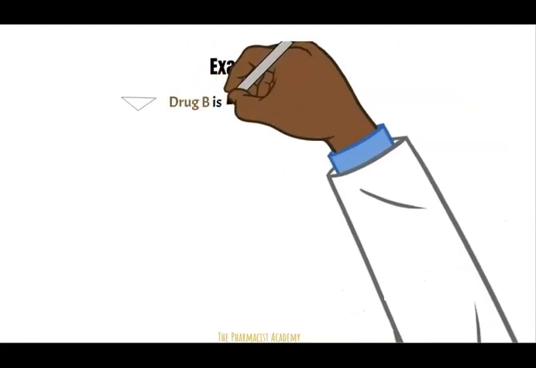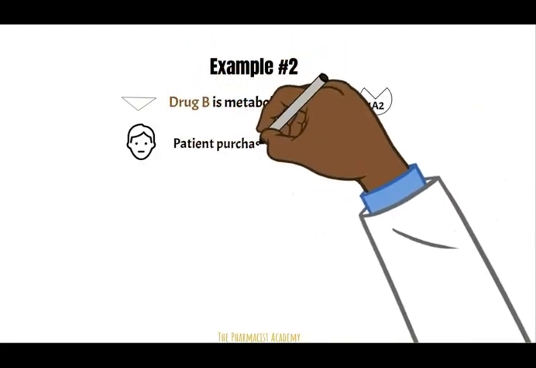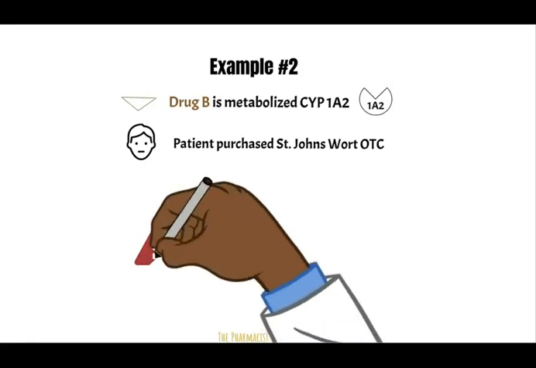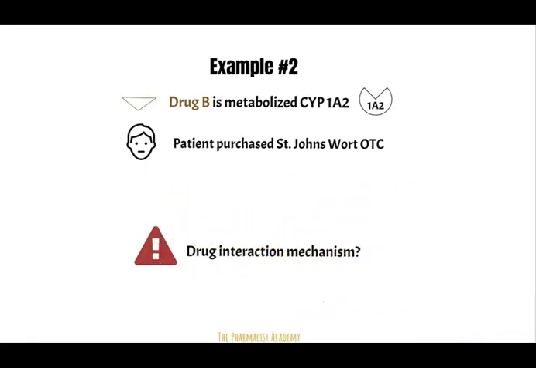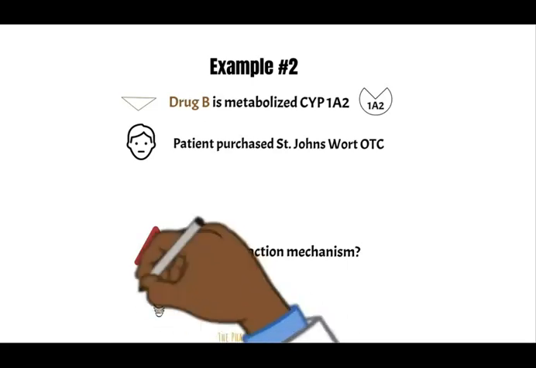So drug B is metabolized by CYP1A2. We have a patient who just purchased St. John's wort over the counter. So in this case, the mechanism is that the patient is on drug B and the St. John's wort is a strong inducer. So in this case, it will increase the metabolism of drug B, which will lead to a decrease in its